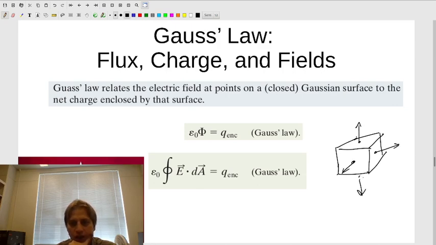Okay, so this is not always going to be that helpful, but if I consider the charges that are sitting inside of the box, I can relate the electric flux to those charges. And as I'll show you in a couple slides, this can sometimes be super helpful in simplifying certain classes of